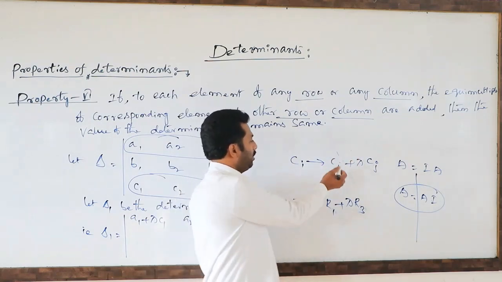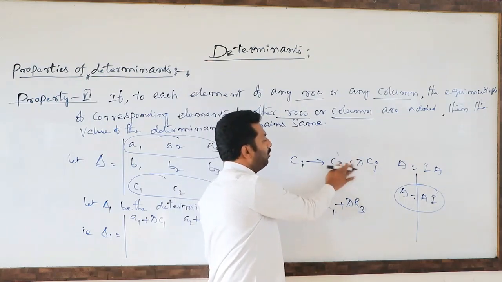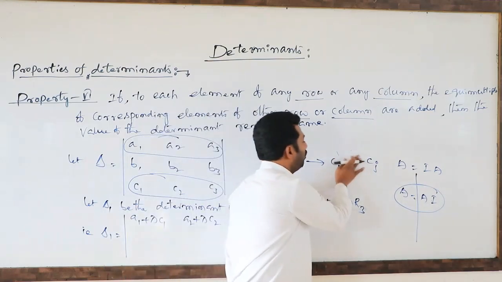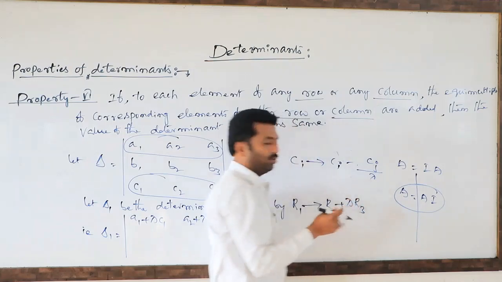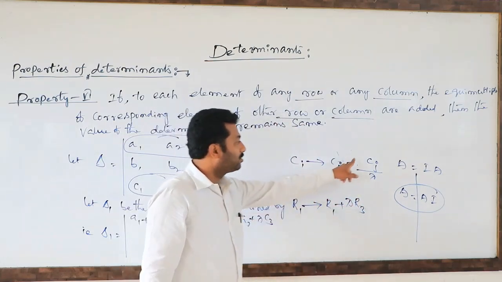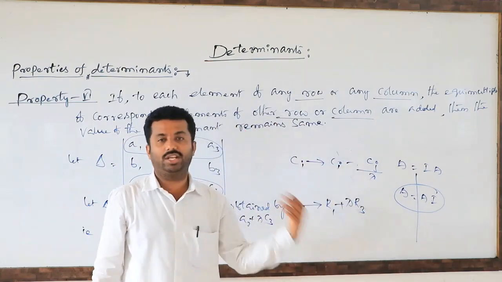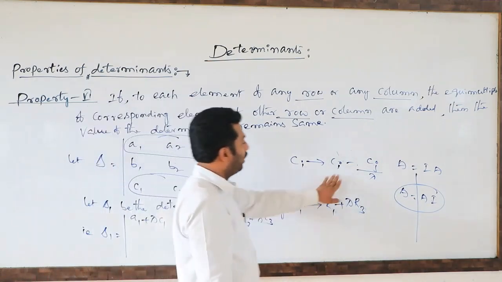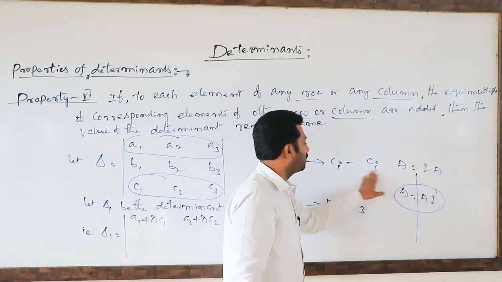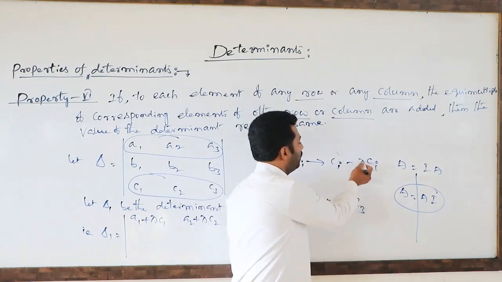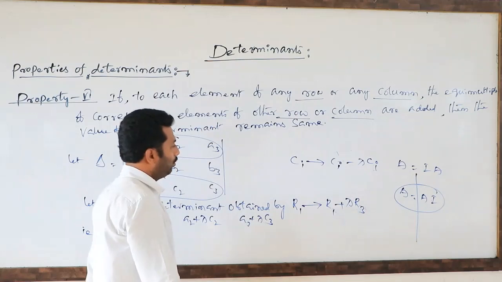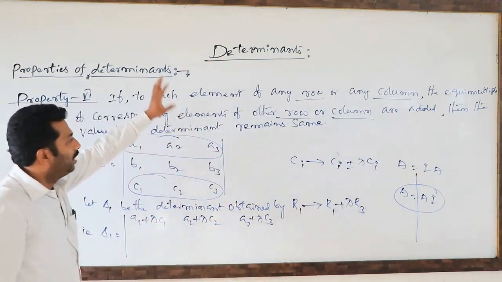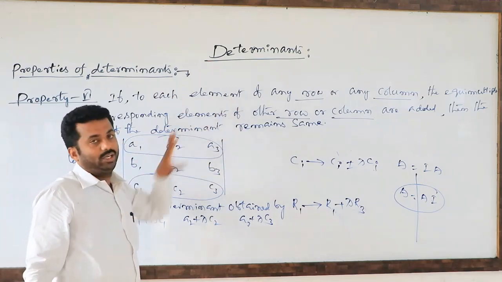Ci means here also Ci plus lambda. Not only plus, you can take minus also, or you can take divided by lambda also, no problem. It must be a constant, whether it is positive or negative or any fraction, whatever it may be, no problem. So you should understand the procedure clearly. So this is lambda times of, you can take either plus or minus. This is the internal meaning of this property.